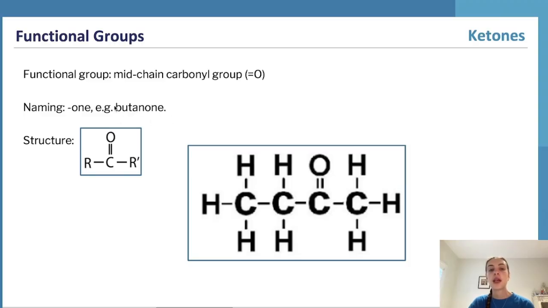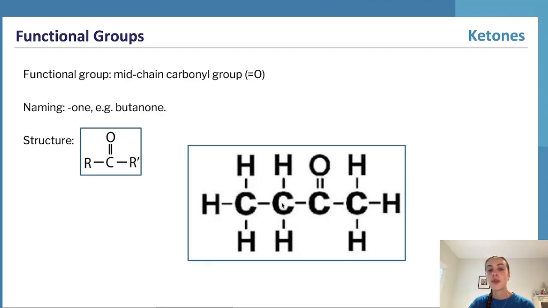For example, butanone, being this molecule down here, we've got 4 carbons along the main chain. The butane part being the 4 carbons along the main chain, and then butanone saying that we've got a double bonded oxygen on one of the middle carbons along the chain. The middle carbon along the chain being one of these 2, we don't need to name with a number which carbon this is located on because it will either be on the second one or the third one, and so the third one would be named as the second one because if we count from this direction we'd